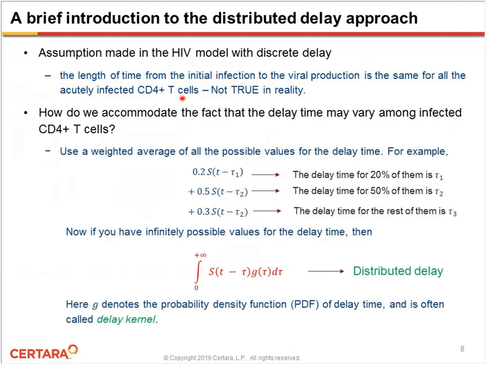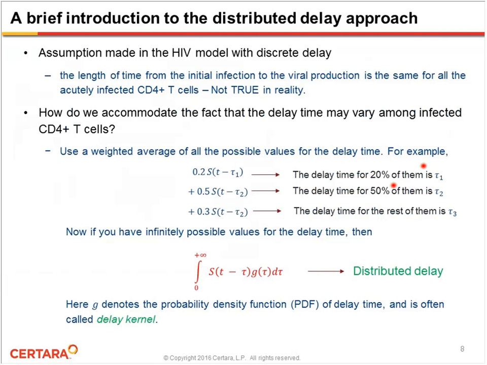Now, as said, the assumption made in the above HIV model is that the length of time from initial infection to viral production is the same for all the acutely infected CD4 T cells. We know that in reality this is not true. Now, how do we accommodate the fact that the delay time may vary among infected CD4 T cells? One way to do that is to use a weighted average of all the possible values for the delay